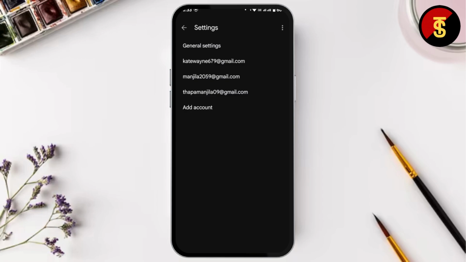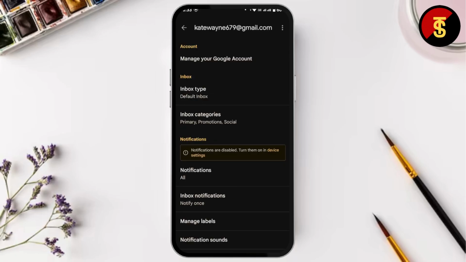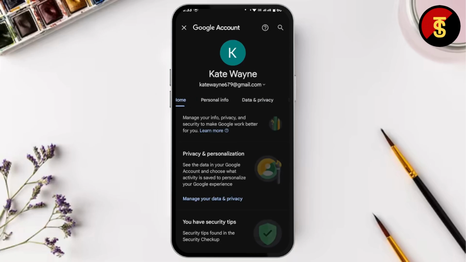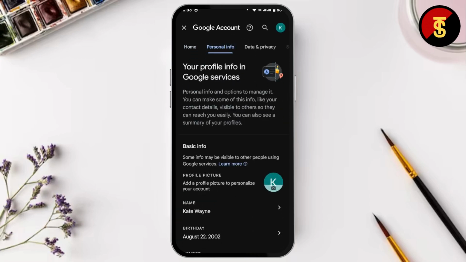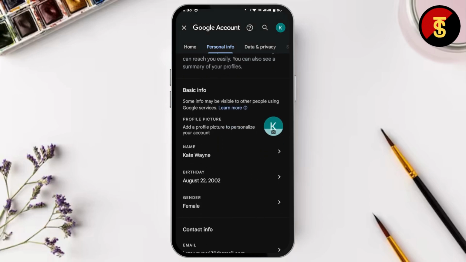Now select the account that you would like to change the profile picture for. Now again tap on manage your Google account under the account section. Now from this interface again tap on personal info from the menu bar next to the home option. Once you're taken to this interface, scroll down a bit and under basic info you will get an option as